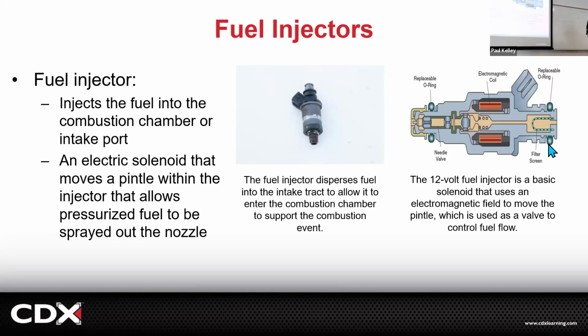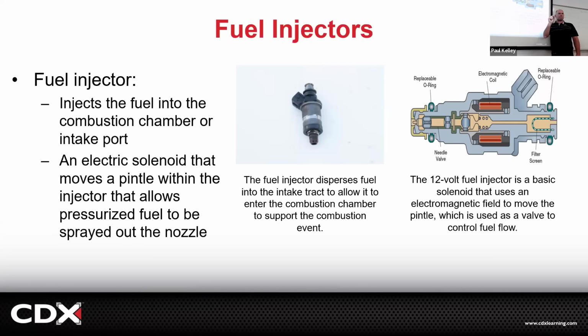Electromagnetism. If we give this injector 12 volts and ground, it's going to magnetize this electromagnetic coil. It's going to pull on this iron core, pull it back, and that's going to unseat, and fuel will make it past the needle and seat, and it'll spray. It's pretty simple, right? You give an injector 12 volts and ground, it clicks, and that opens the valve, and the fuel sprays. But to precisely meter it, which is mostly next lesson, we're going to pulse it on and